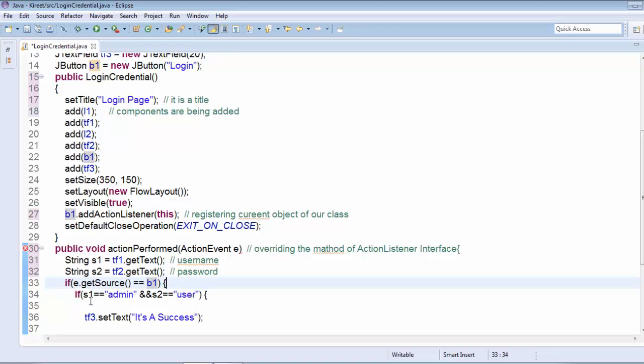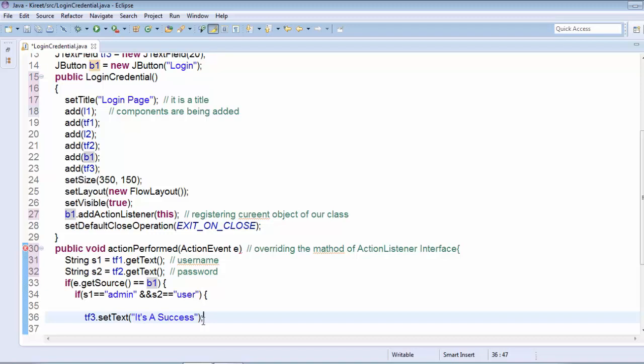Again we have written the condition that if s1 double equals admin and s2 double equals user, it means that if the string s1 contains admin and the string s2 contains user, so if the username is admin and the password is user, it will set the text in the corresponding text field tf3 that we have created, that it is a success.